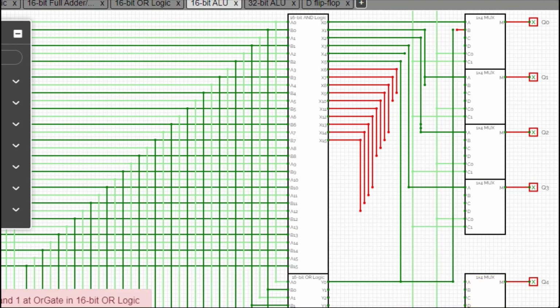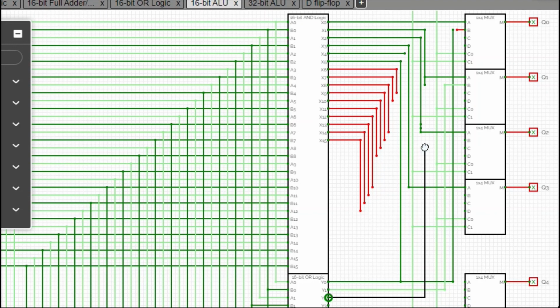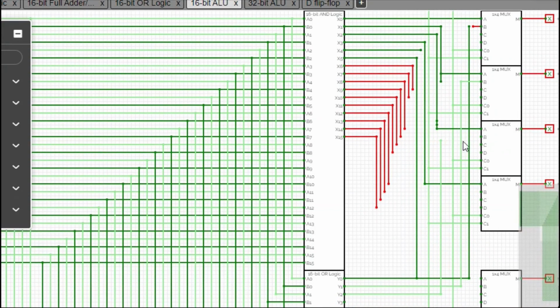So Y1 will go and get connected here, the B of the second mux, and this Y2 will go to the B of the third mux. Like this you can do the connection.